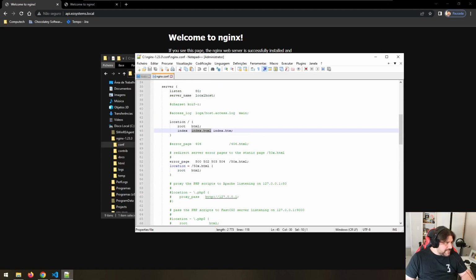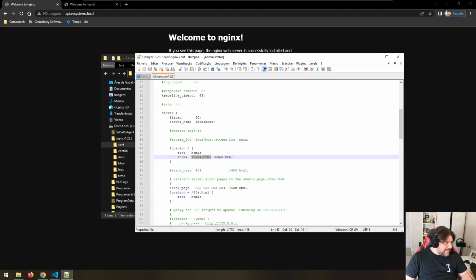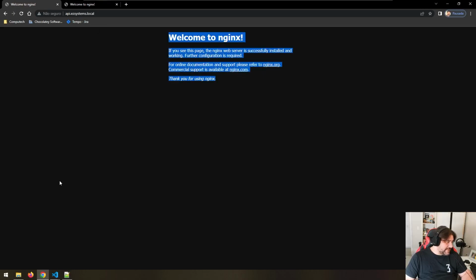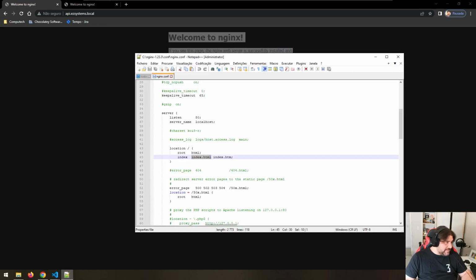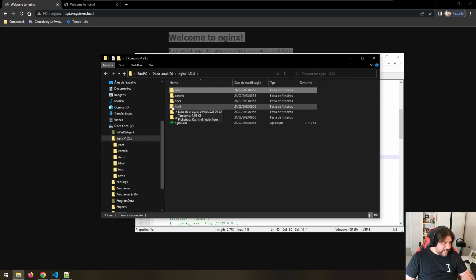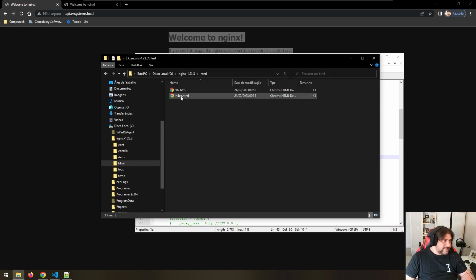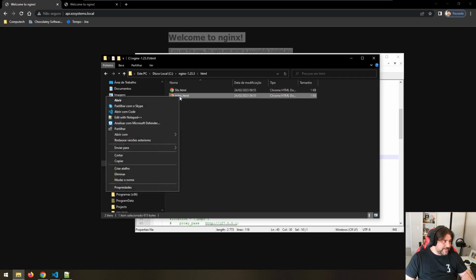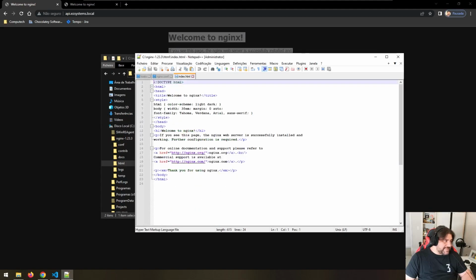So this page, server name localhost is listening on port 80. We know that because this appears, right? This is my web server, and it's trying to find this file. The root is HTML. So we have here under NGINX a folder called HTML, and in here we have the index.html, which if I open, you can see that it is this exact page that we are seeing here. So perfect. We figured out